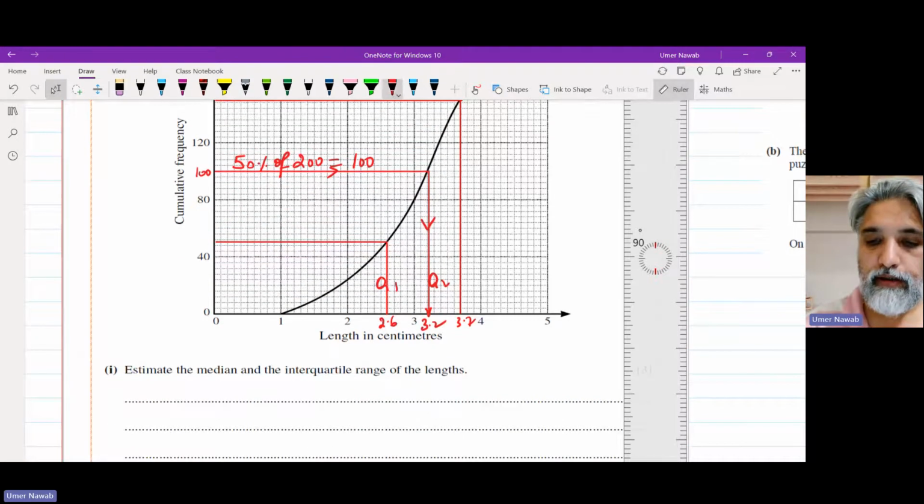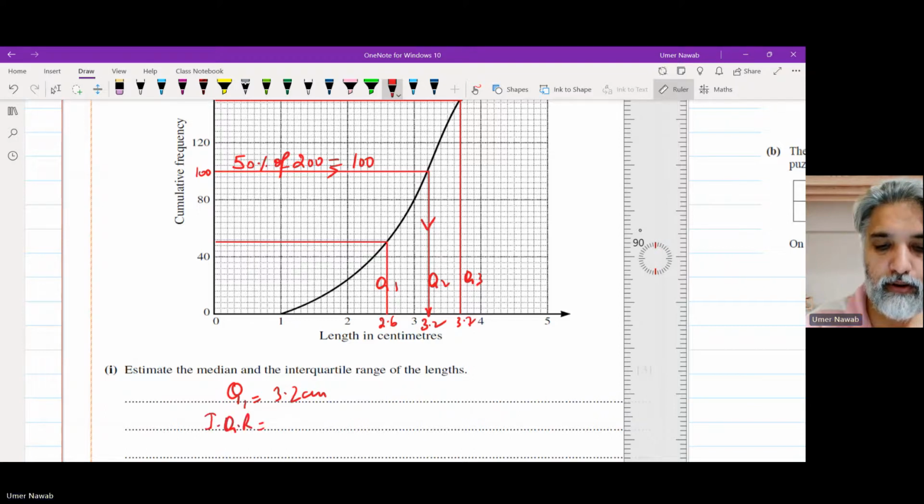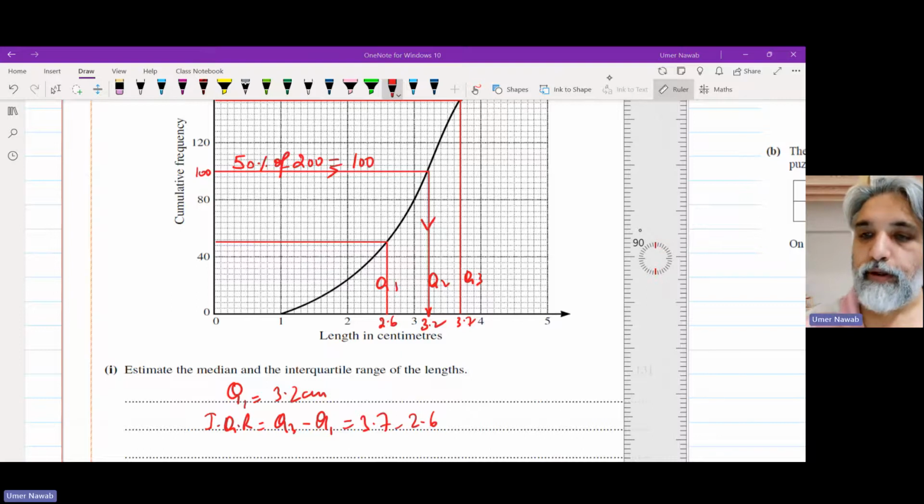So my median is 3.2 in centimeters. My interquartile range is Q3 minus Q1, which is 3.7 minus 2.6, which equals 1.1